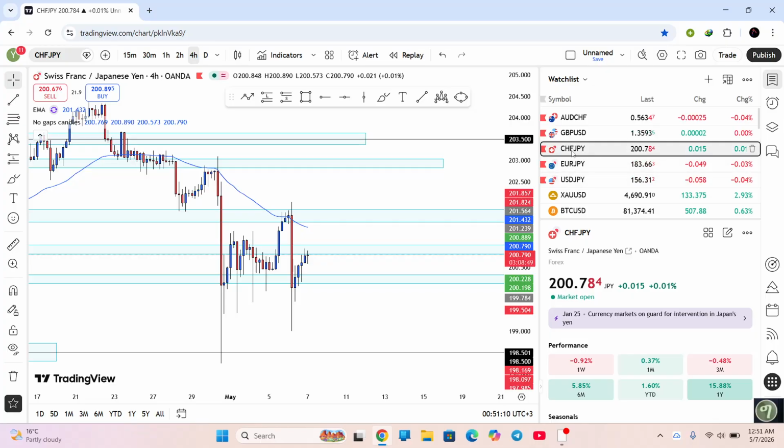The other ones, all of them are JPY, so all I need to do is catch one of them. They have identical moves, so I put them all on my watch list because they all look good. So I'm just gonna try my best to find the one that has the best entry.